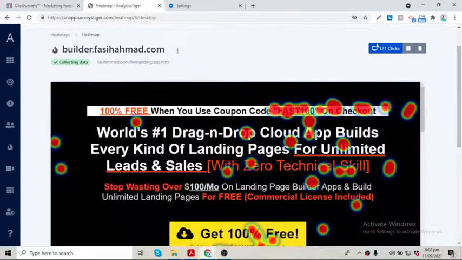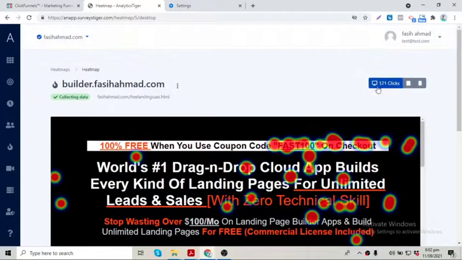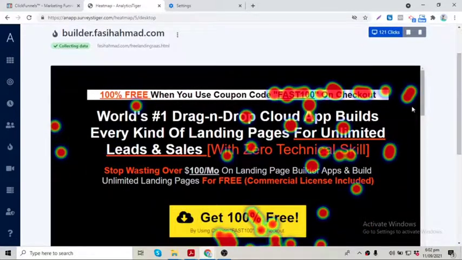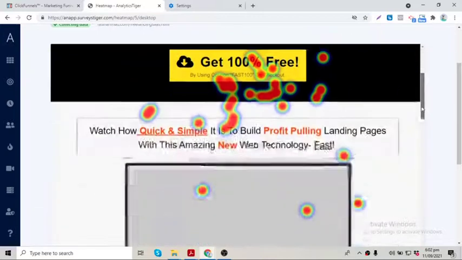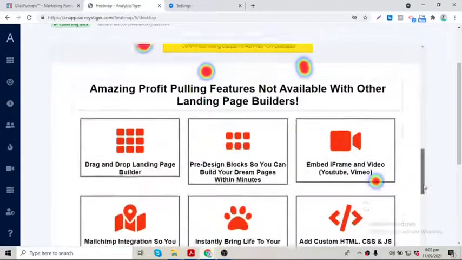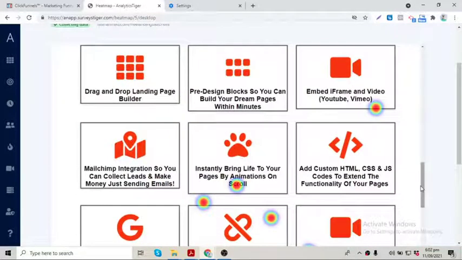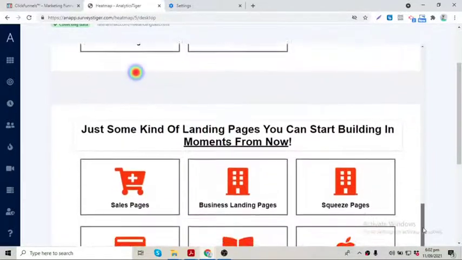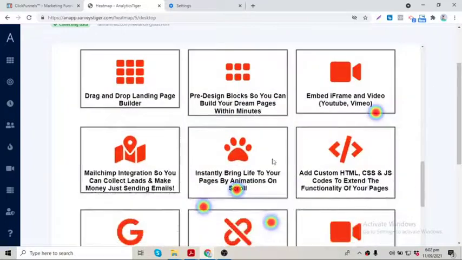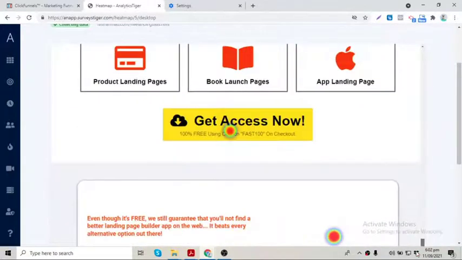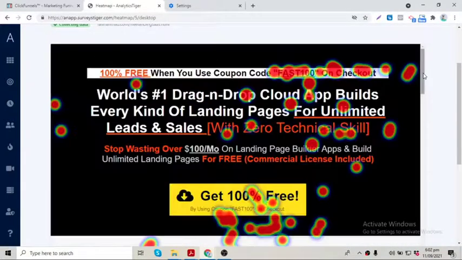I can see that I got 121 clicks in the time frame that I chose above, and clearly see where the visitors are clicking and where they are not. I can see that most people are not arriving on the lower part of the page. So I know that if I want to increase my conversions, I need to make the lower part of the copy more enticing, so I could enhance the conversion rate and get more leads and sales.